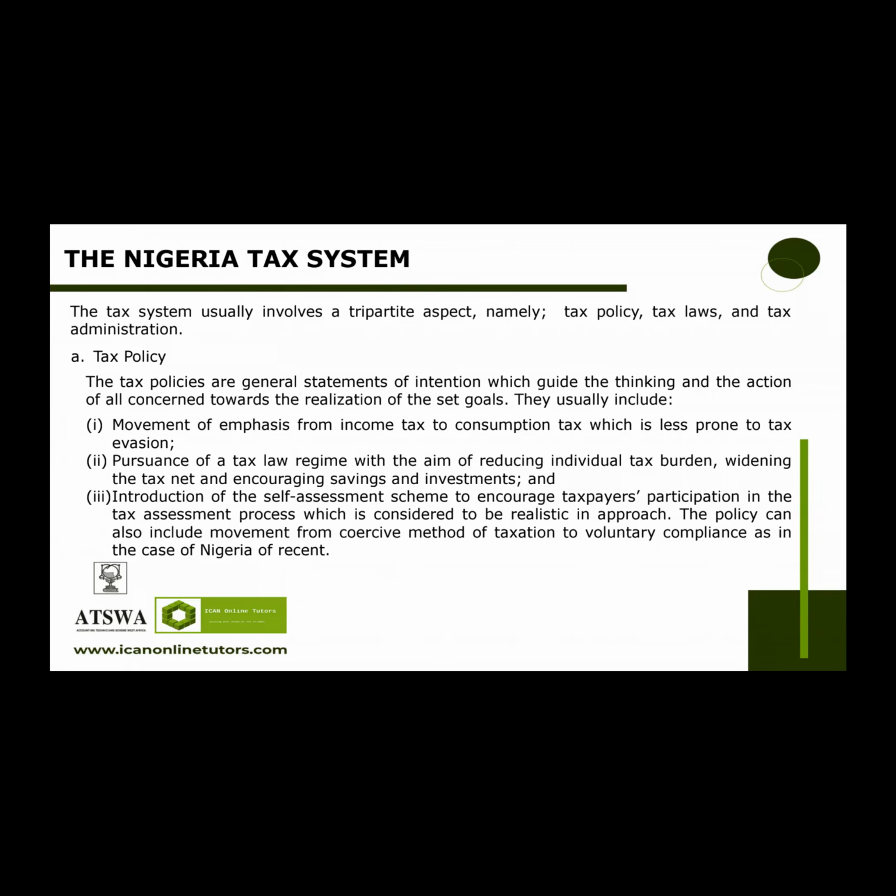That's why government needs to come up with different policies. In the Finance Act, we have the policy that let's exempt some companies from the payment of income tax. How do we do that? Companies were classified into three: the small company, the medium-sized company, and the large company for tax purposes, with a threshold of 25 million naira. For VAT too, small companies are exempted from payments of VAT. So these are tax policy.